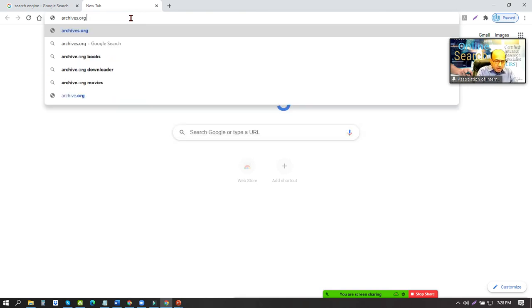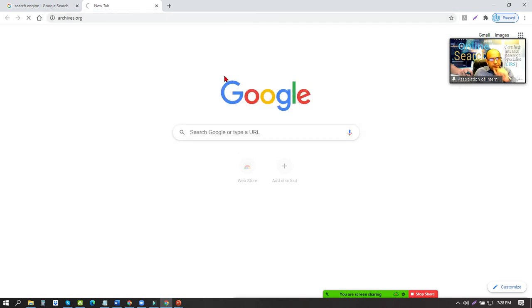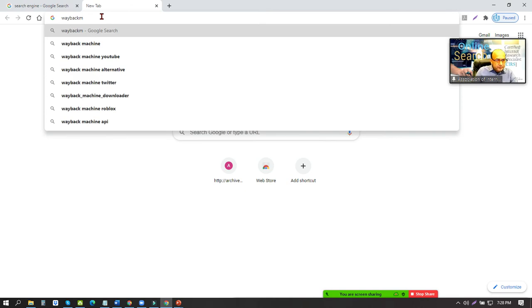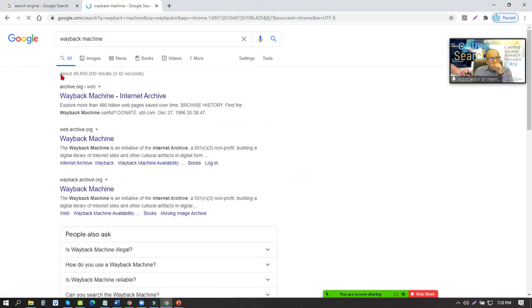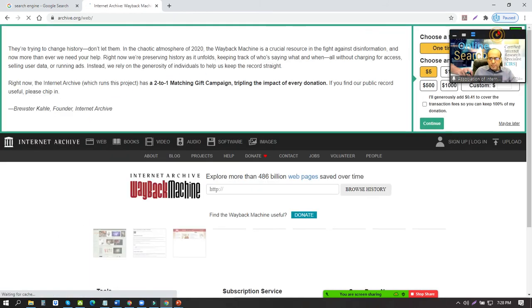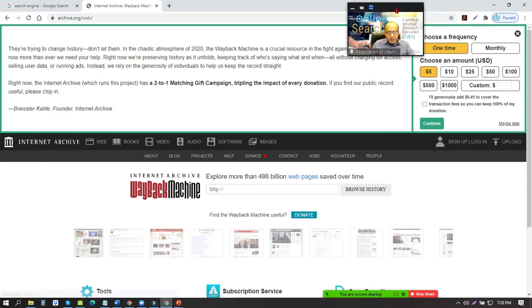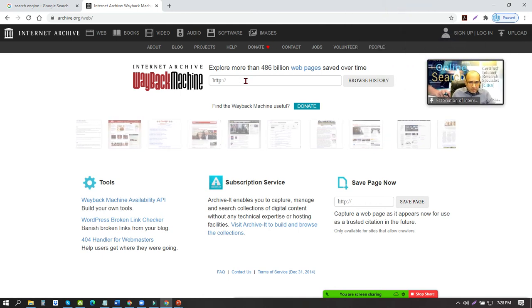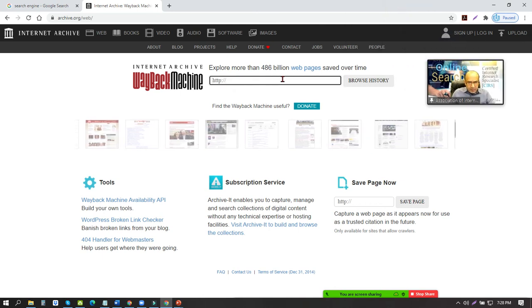archives.org if I'm not wrong. I'm showing you this website so that you can see, let's call it Wayback Machine. Sorry, excuse me. It's called archive.org. So supposing there was a cached page which I require, something that had a domain name which I'm going to search right here,